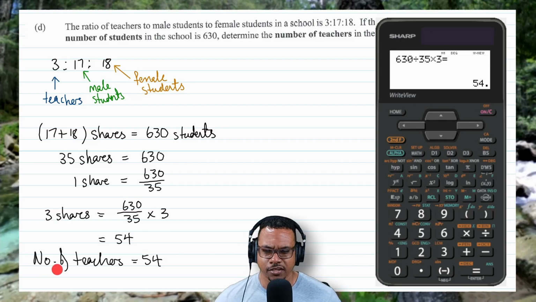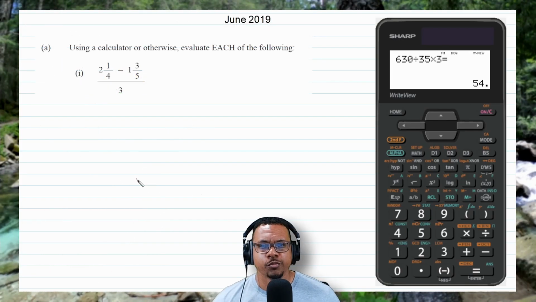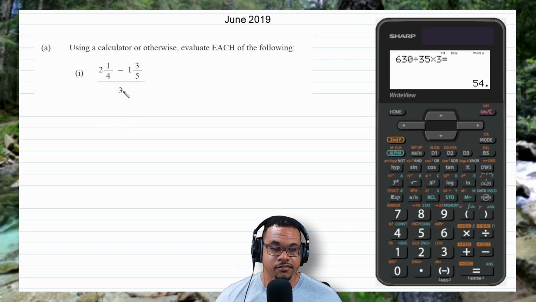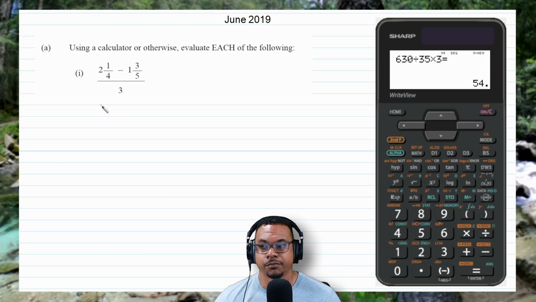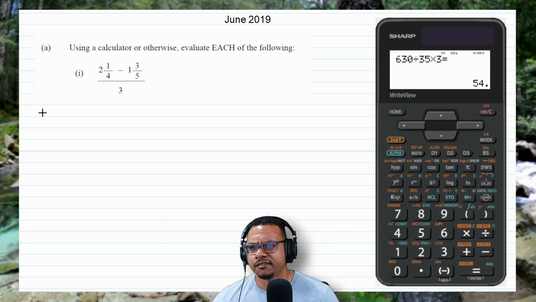All right, so let's write it down here. Number of teachers is equal to 54. All right, so now we're moving on to number 1 for June 2019. So here we have our fraction question again. So first of all, I'll convert these mixed numbers to improper fractions. So I'll have 2 by 4 is 8 plus 1 is 9. So that's 9 over 4. Take away 1 times 5 is 5 plus 3 is 8. So that'll be 8 over 5